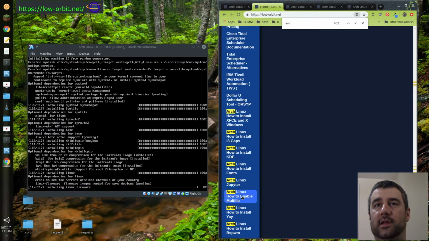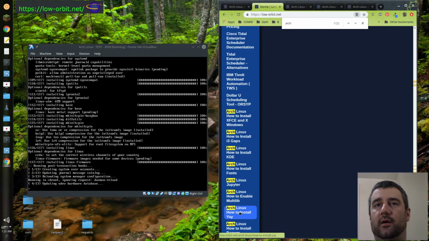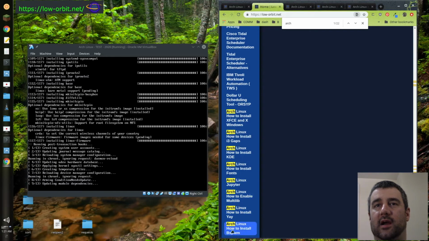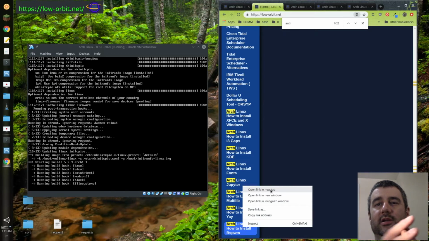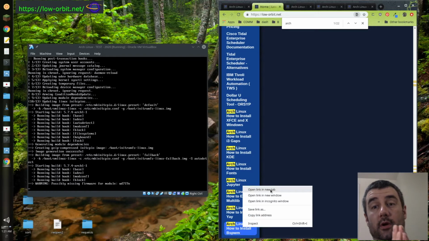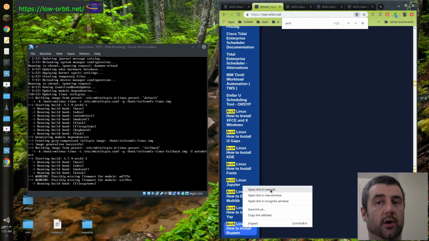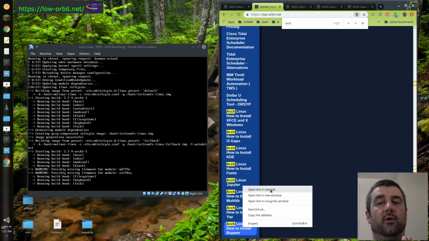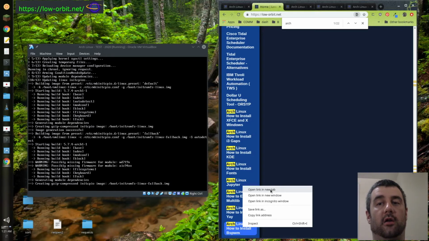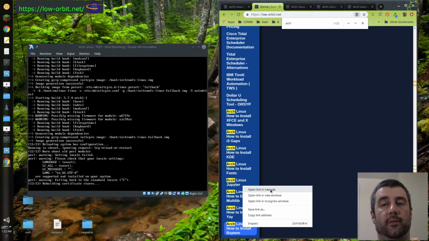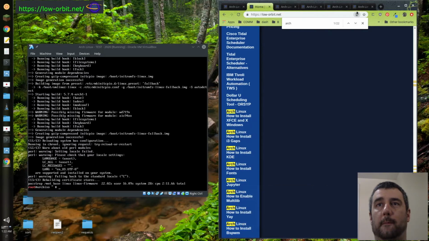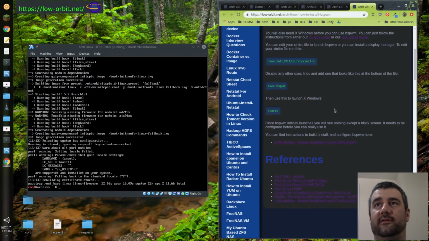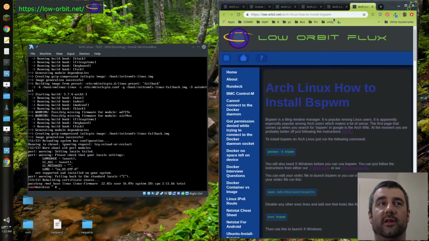How to enable multilib, yay, and this thing, Linux BS. All right, maybe we'll do this. This BSPWM is a window manager. It doesn't do anything unless you do a fair amount of configuration, so there's not a whole lot to see with that. I have not done all of that yet, so the best we can get is a blank screen. There's a lot more to be done with it, but it's an interesting alternative. At the time of recording this video,